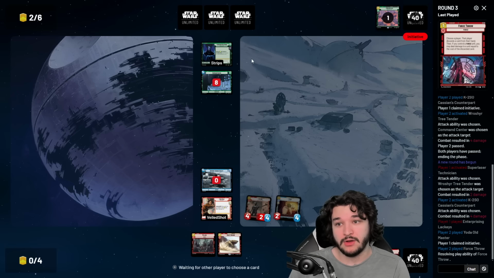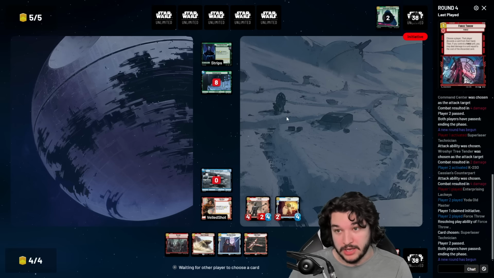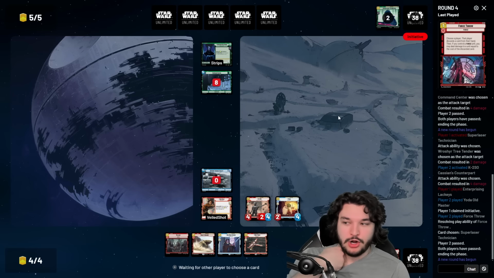Best case scenario, we ended up going ahead and getting rid of a massive unit, and, well, we got to kill their unit, which is great. Red 3, Krayt Dragon, Obi-Wan, all solid stuff. I think I'm going to resource this Red 3, though. We could potentially get down an Obi-Wan here,